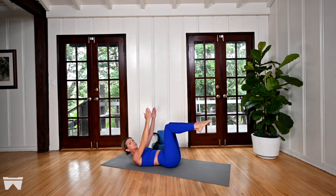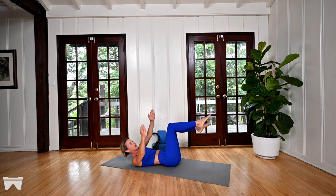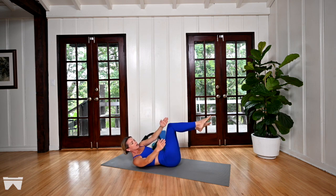Float the arms up to the sky. I'd like everyone to have your head up and off the mat if that's possible. Tip the knees and the pelvis to the left. You'll notice my right hip picked up, but my ribs are still connected. I'm gonna pick up my left shoulder blade. So I'm now kind of in a corkscrew position,